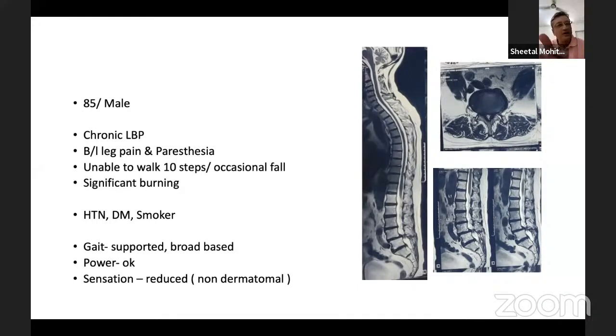But I completely agree with the other thought that you said, that if it's going to be a scenario in which complete access is not going to be possible every time, then maybe one-time go is good. Maybe if repeated assessments are possible and it's a consented decision, then have a repeat some stage later. You do not know how long that person may be able to manage, because radiological stenosis does present much earlier than your clinical presentation. So this also is a valid decision. But as a teaching, if you ask me, I would be happier to do a long segment decompression.